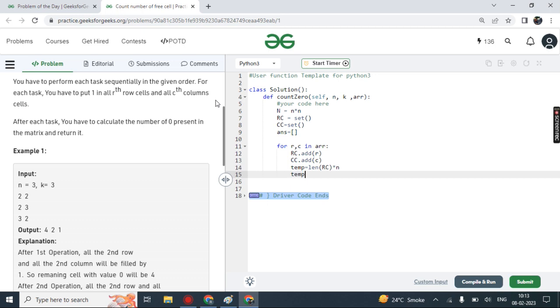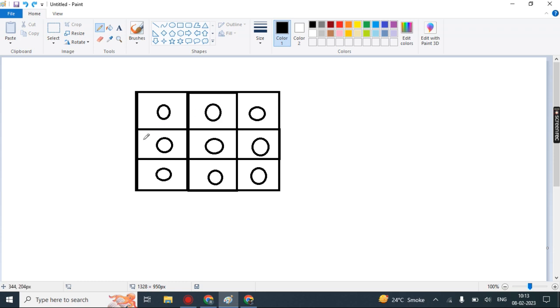And the same way we put the second temp value, length of CC, into n. But here the first row is already changed, and if we make this column count, that is also 3, but there are some common values in between.